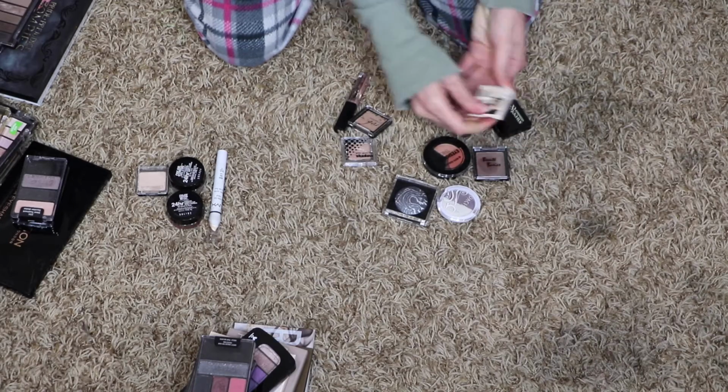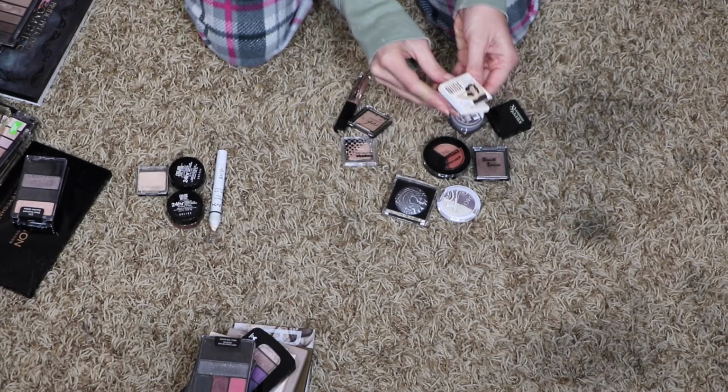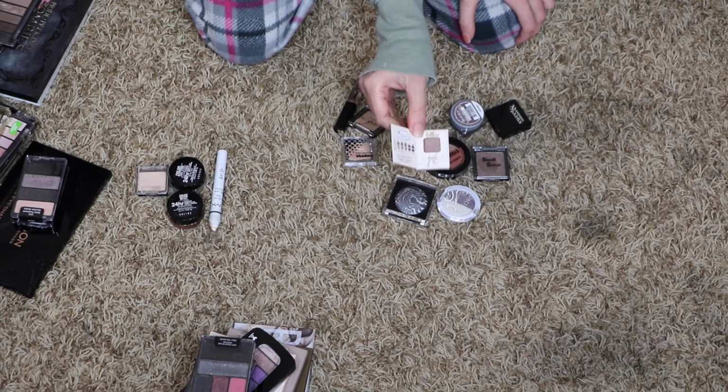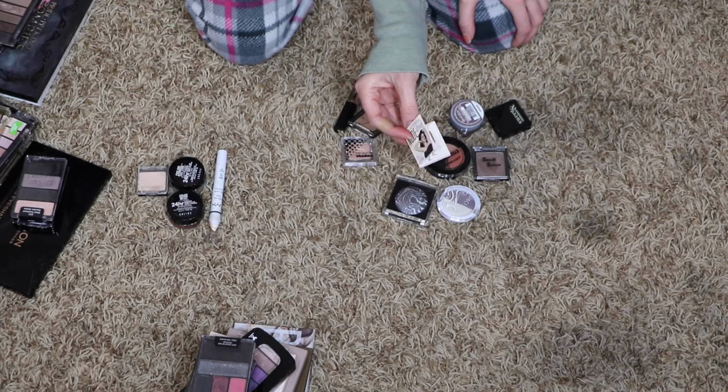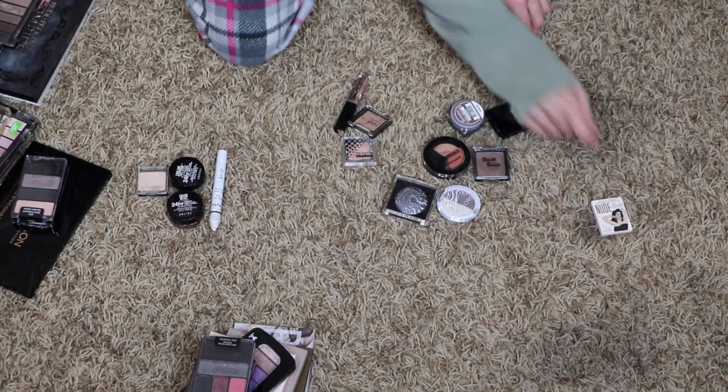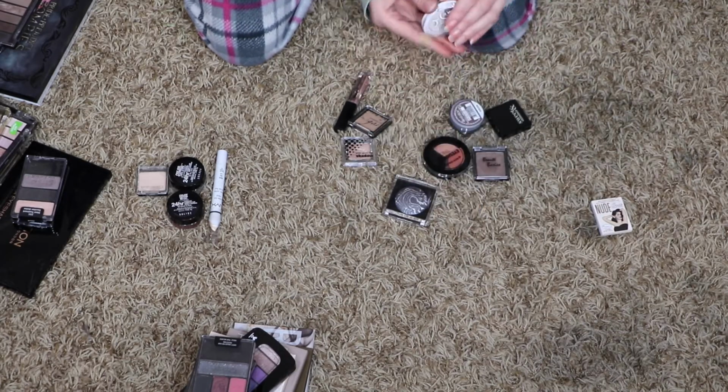Let's see, this is just a little sample from the balm of the Nude Dude, and I did get rid of, not the Nude Dude, but the one with the girls. I did get rid of that because I just didn't really like the formula, so I'm going to pass on that. I'm going to pass on this Pacifica